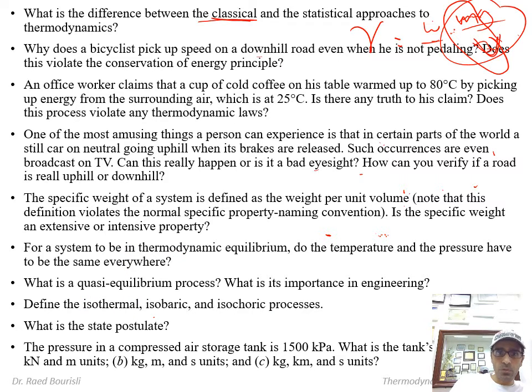We'll see later isentropic, meaning the entropy S stays constant, S1 is equal to S2. We'll see that in chapter 7. So what is the state postulate? We said